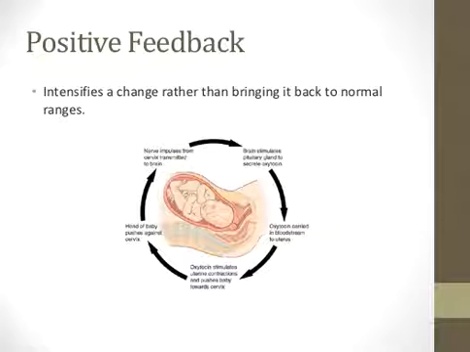Labor is the classic example. Here, the stimulus is pressure on the cervix created by the baby's head pushing. When enough pressure is exerted, then the pituitary gland produces the hormone oxytocin, and oxytocin causes the uterus to contract, causing the baby's head to push harder on the cervix. More pushing, more oxytocin, more uterine contractions leads to more pushing. The process is intensifying. The stimulus was the push, and the response is more pushing.